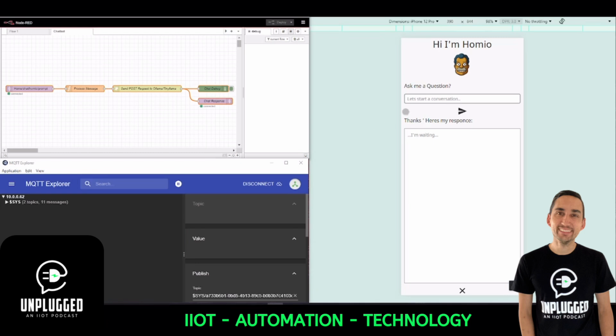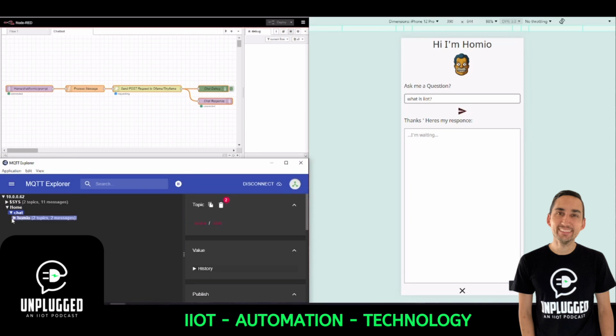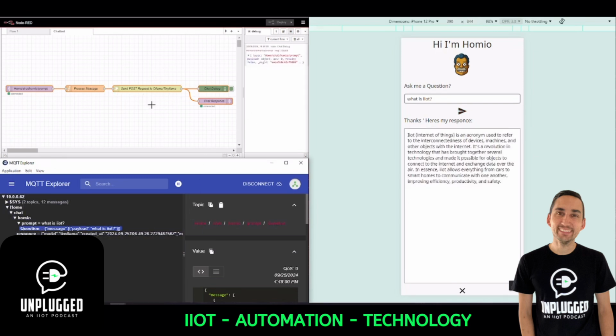So let's have a go quickly. Let's just ask it a question. Okay, what is IIoT? And we'll send this little response, and you'll see that it is currently being received from Node-RED, and it's now requesting the local language model to process that data. And you can see it here in the broker that we have a prompt from Homeo, what is IIoT? And we can see here it takes a little bit of time. It is running locally on that R1000,